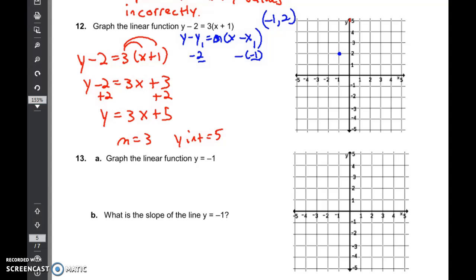So we're going to put in the y-intercept. Now, I can't go up 3 and over 1. I'm going to be off the grid, in this case off the video. So we should be going up 3